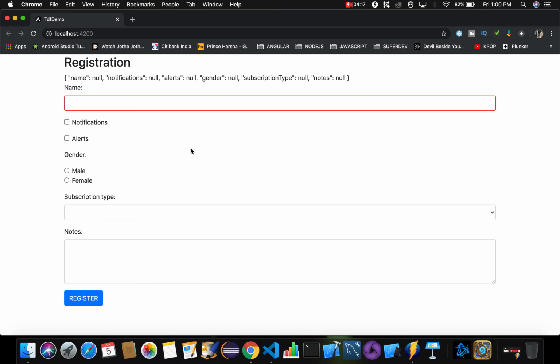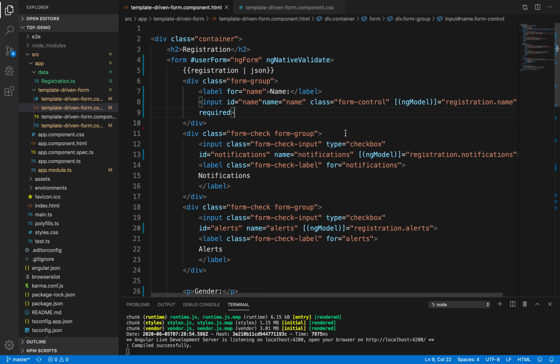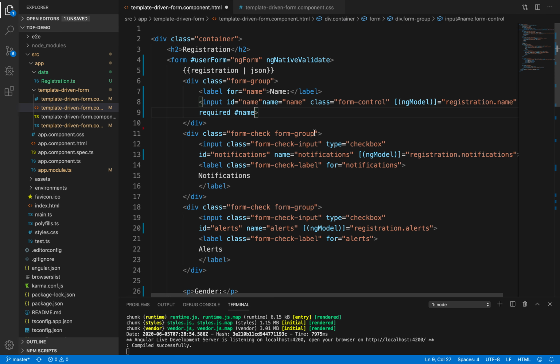To do that, we need to go to the HTML file. Here we need to specify a template reference variable by making use of hash, and provide some name. Since this is a name field, let's specify the name as hash name field.